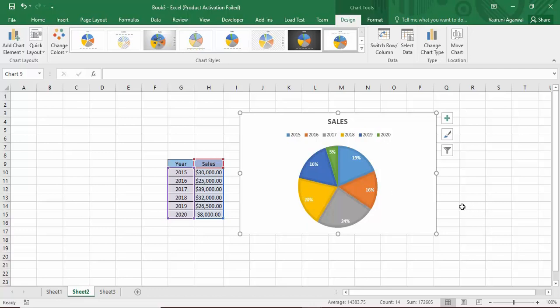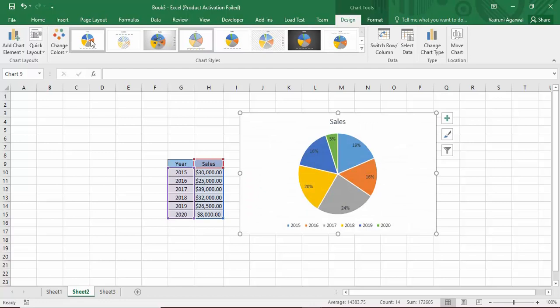Now what if you want to show the maximum amount of the sales done? I don't want to show these legends, so I'm just going to go with something without these legends, or if you want, you can just delete them like this. Just select any one of them and press the delete key to delete it. As you can see, in the year 2017, this gray area has the most amount. So this I want to focus on.